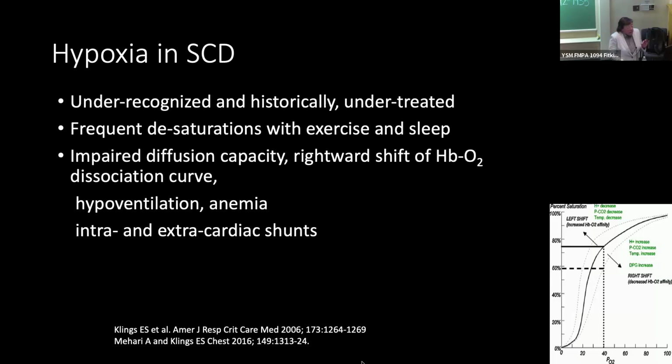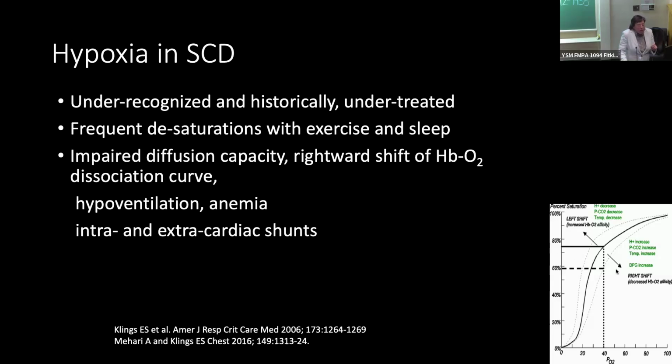And so this hypoxia is really interesting. There are frequent oxygen desaturations that occur in our patients, both with exercise, if you do 6-minute walk testing, but also during sleep. Some of it is obstructive sleep apnea related, and this is obstructive sleep apnea without true known OSA risk factors. This is primarily a non-obese population, but they're having OSA with AHIs that are usually in the mild to moderate range in their 20s and 30s.